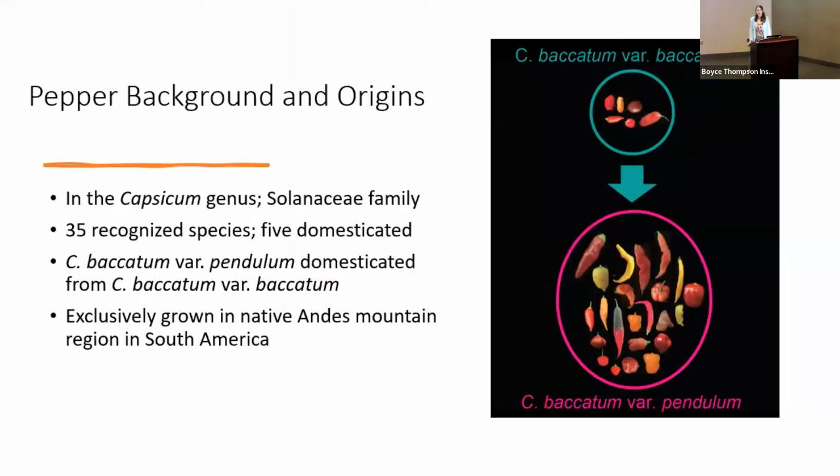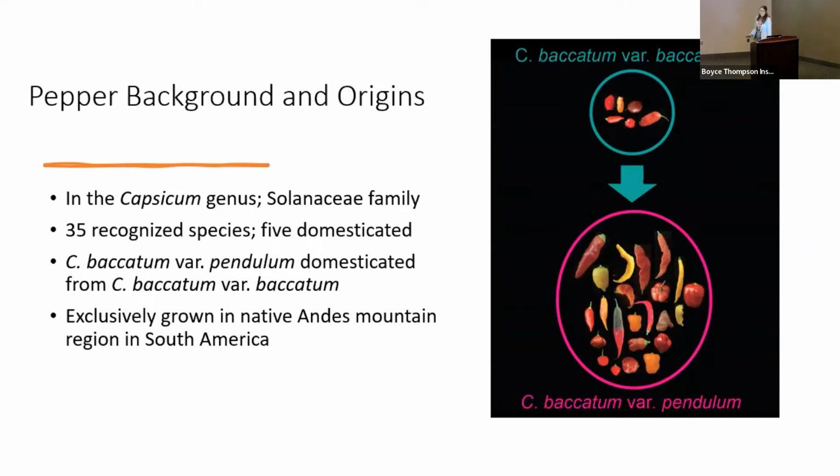A little bit of background on pepper and its origins. Pepper is in the Capsicum genus and is part of the Solanaceae family. There are 35 recognized species of pepper, and 5 of them have been domesticated. My project specifically focused on C. baccatum. We have C. baccatum var pendulum, which has been domesticated from C. baccatum var baccatum. In this figure up here, this is the wild version, and in the bottom we have